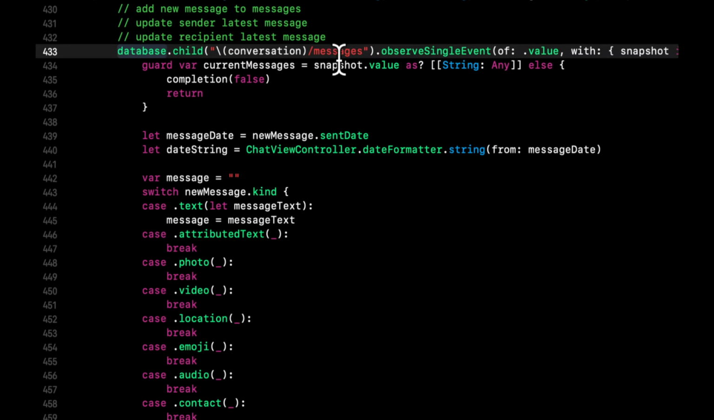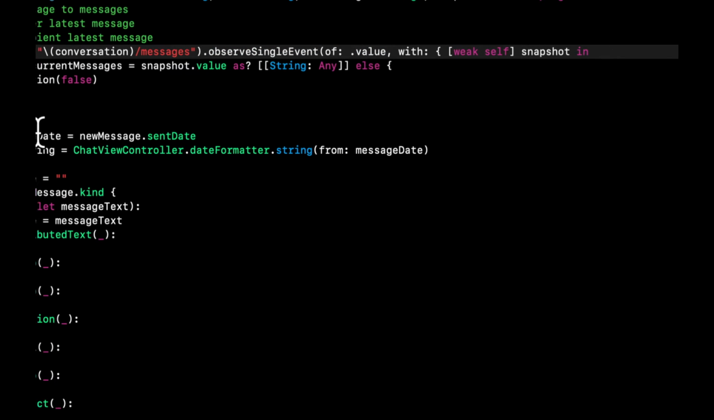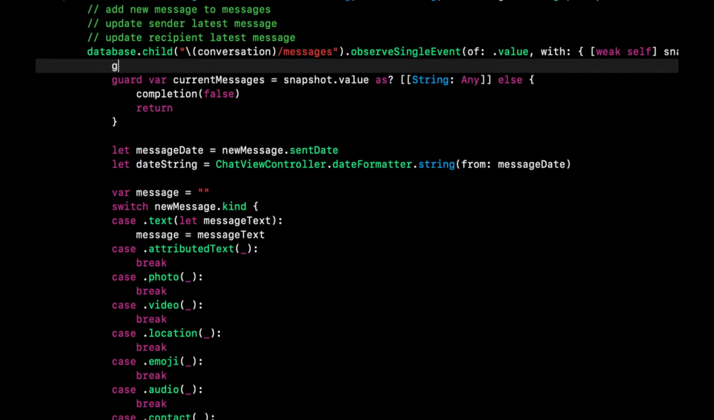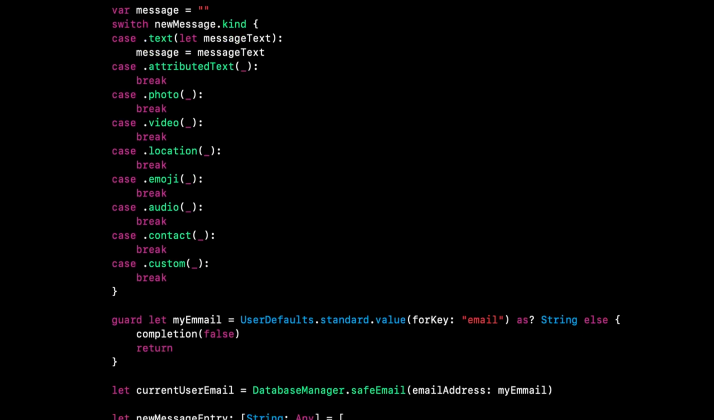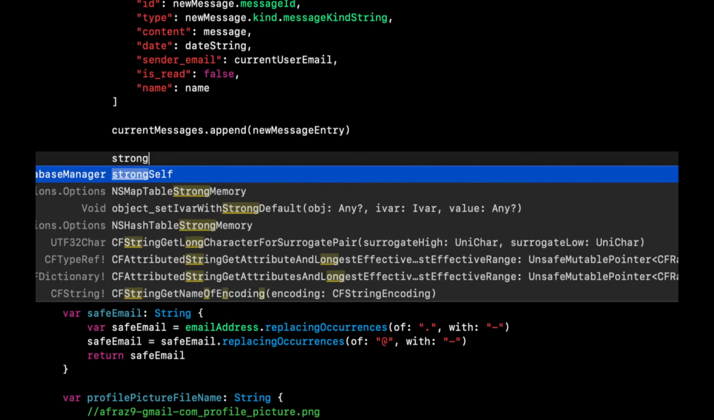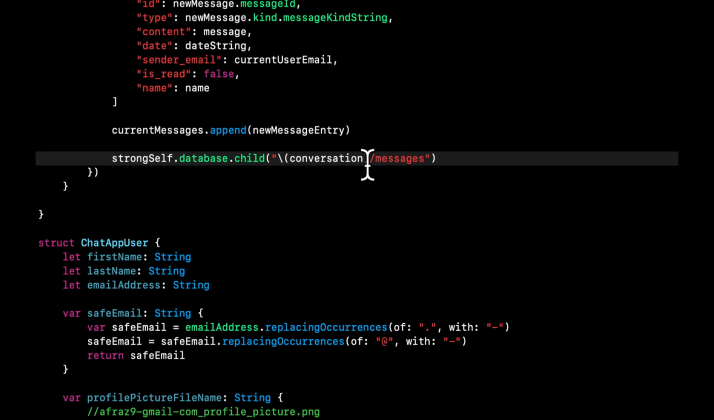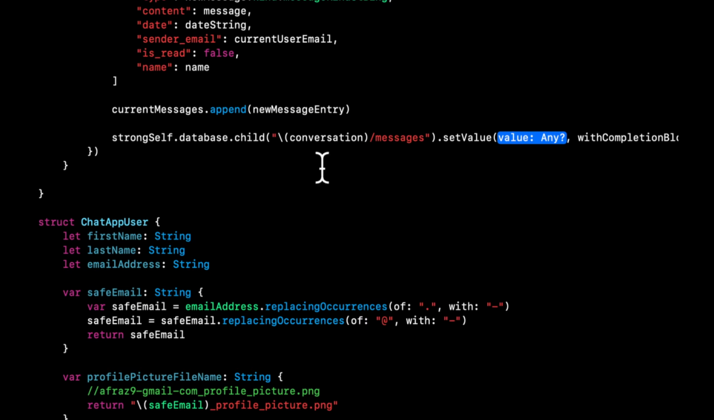The next thing you want to do is update the value at this child, and to reference it in a way where we don't cause a memory leak, add a weak self here. And we're going to guard and unwrap strong self. So guard let strong self will be self, otherwise you are going to return out of here. And then, once we have appended to this collection, we can say strong self dot all of this stuff, so the same child, and we want to set a value with a completion handler, and the value we want to set is this